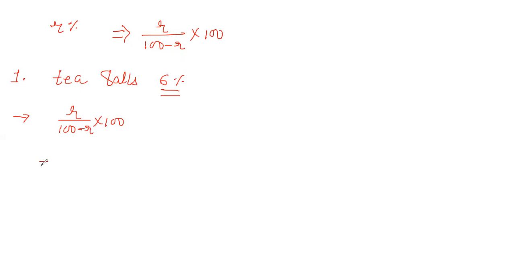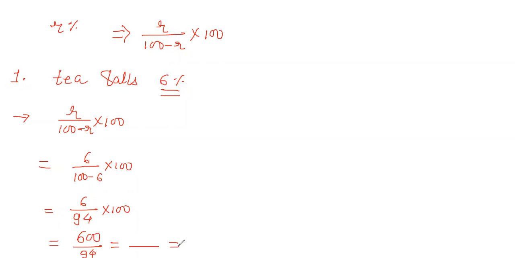So it is equal to R, that is 6, 6 divided by 100 minus 6 into 100. So it is equal to 6 divided by 94 into 100. So what we are getting here? 600 divided by 94. आता या ठिकाणी पर्सेंटेज मध्ये काढू शकता, म्हणजे डेसिमल पॉइंट मध्ये काढू शकताय किंवा फ्रॅक्शन मध्ये असे मिळेल तुम्हाला 6 and 18 by 17%. ओके,